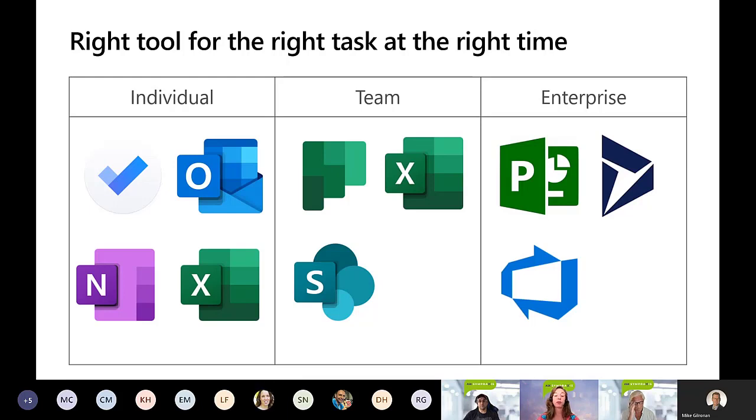So this idea, as Derek mentioned in the beginning, is knowing what your outcome is, what you need to measure. What kind of reporting do you need to show? What are you measuring off of? Which of these tools lets you measure those items? And you're going to notice Planner's probably on the simpler task management for a team side, and then Project Online is way more complex. So the majority of teams don't need Project Online, as an example.